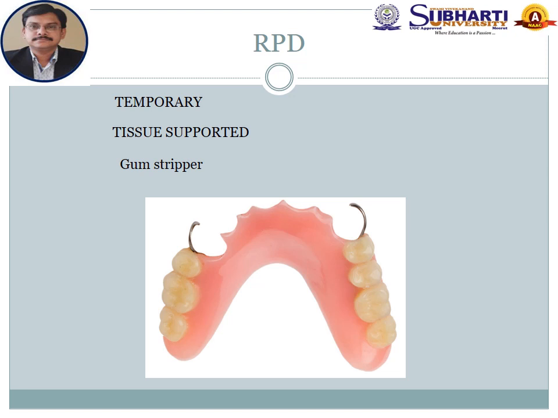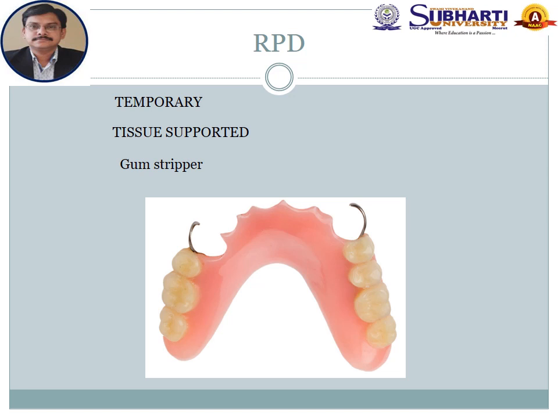Now, all of us must have seen this RPD. Whenever a patient comes at the undergraduate level, we always say, okay, we'll make this type of RPD, but this is a completely temporary RPD. We cannot use it for a long period of time. Now, the question is, why is it so? Why is it considered a temporary RPD? The answer lies in that it is totally supported by the underlying soft tissue and bone only, and it is not supported by the adjacent natural teeth which are present in the patient's mouth.